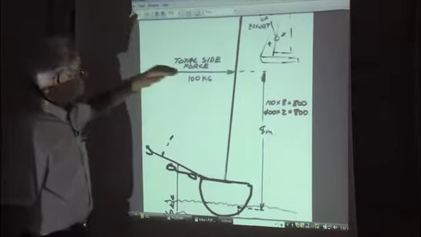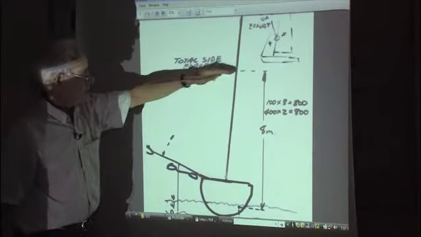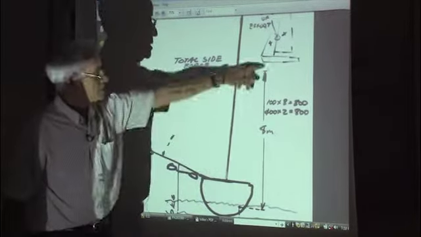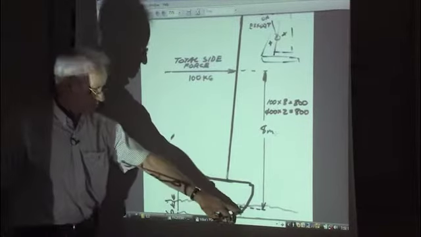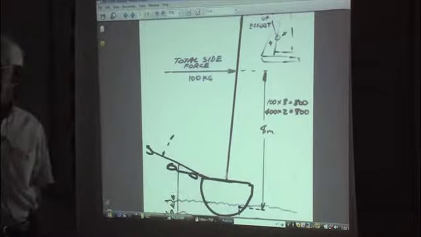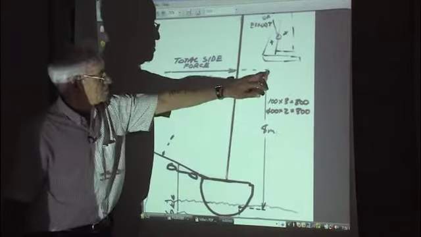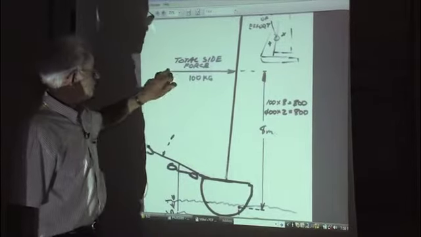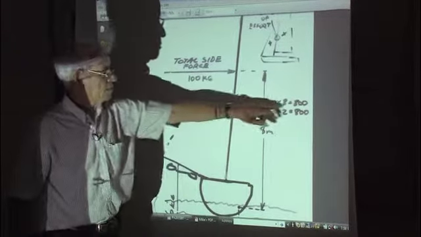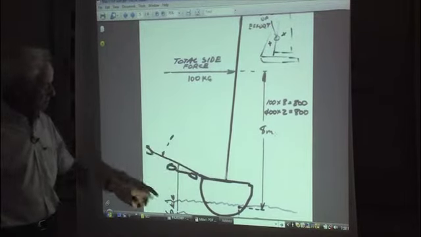And the total of all the side forces is here, and it's a certain distance up from the centre of buoyancy. The main thing is to realise that this multiplied by the force here, say it equalled 800,